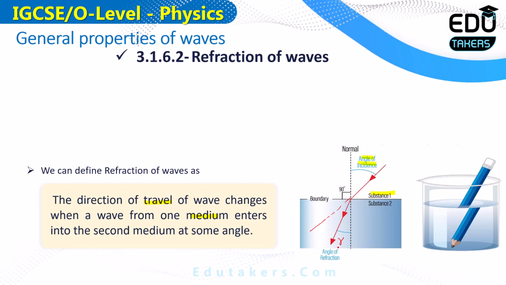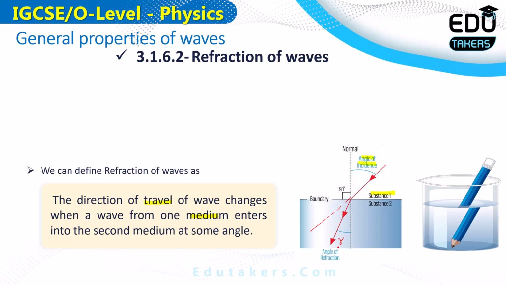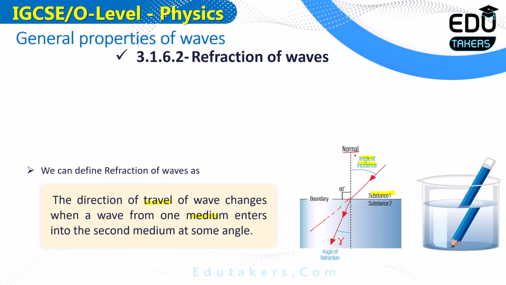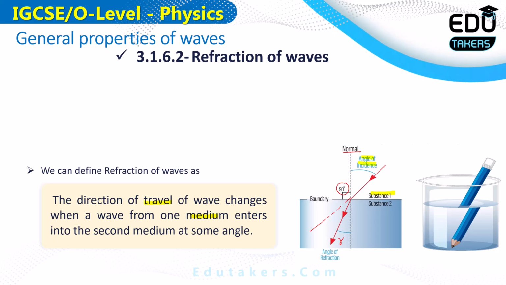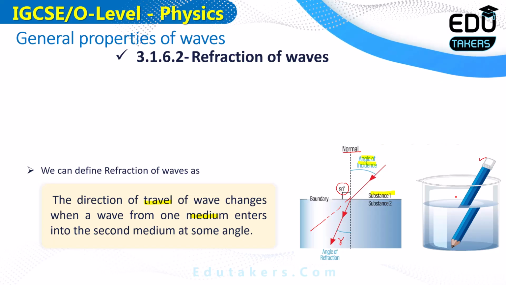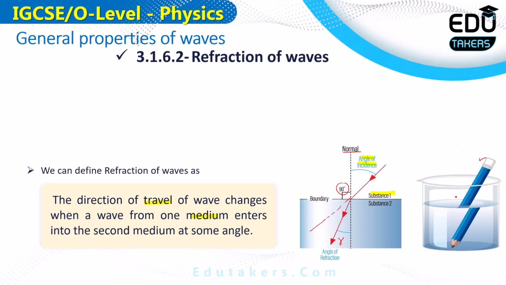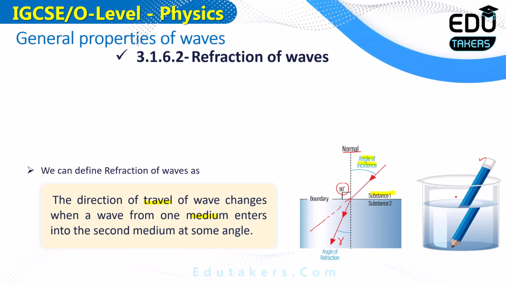The change in the direction of the wave as it goes from one medium into another is basically called the refraction of the wave. You can also see here the normal line makes an angle of 90 degrees with the surface. So the normal line is any line that is perpendicular to the surface. In the second figure, if here is a pencil, observe this pencil inside and outside of the water. Inside the water the direction changes, showing that here is the refraction of the wave. Here is the change in medium due to which the direction changes.